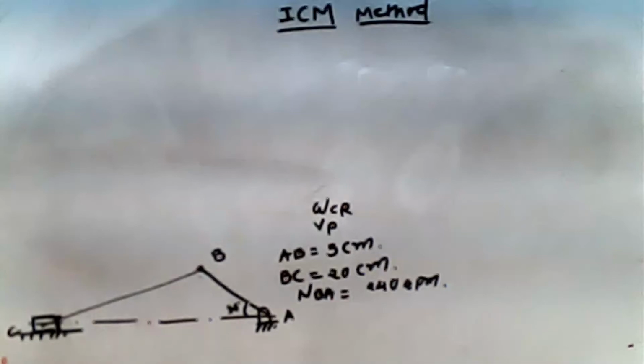Students, let's solve one mechanism using the instantaneous center method. Here, a horizontal IC engine system is given to us. This is the crank, and the angle is given as 30 degrees, the connecting rod, and this is the piston or slider. The dimensions are given. The length of the crank is 5 centimeter. The length of the connecting rod is 20 centimeter, and this crank rotates at a uniform speed of 240 rpm